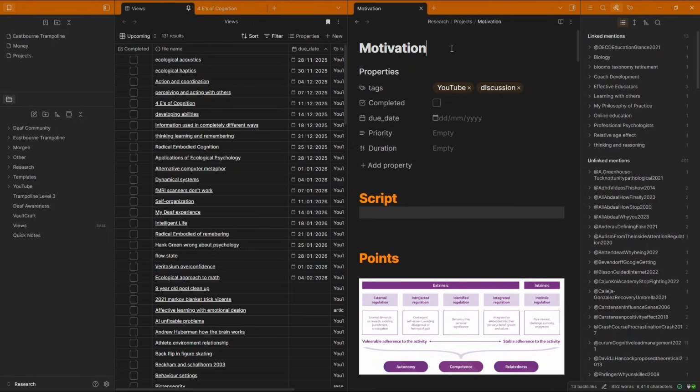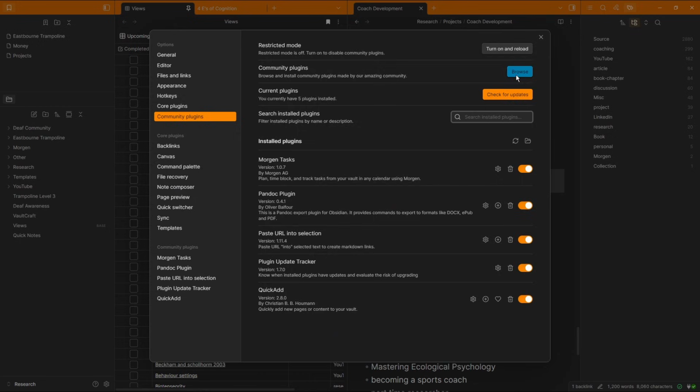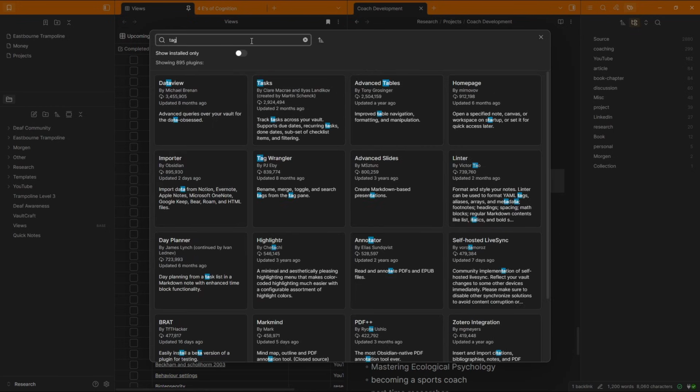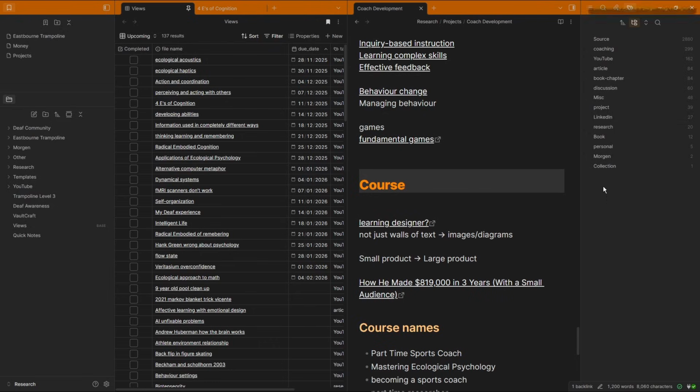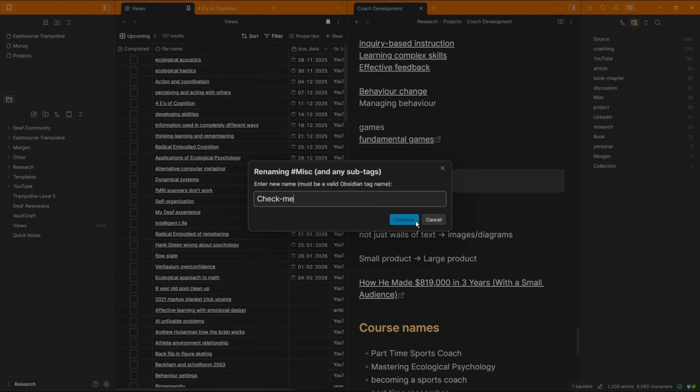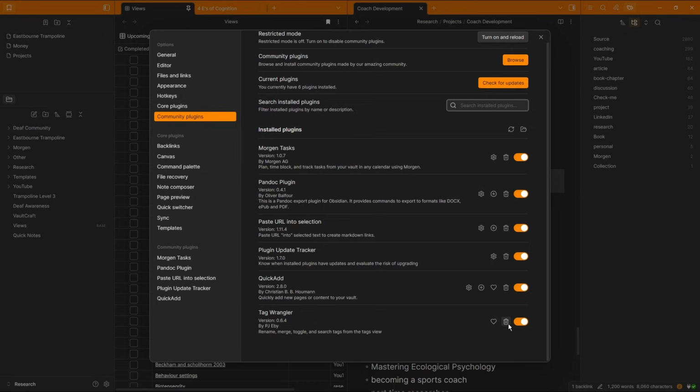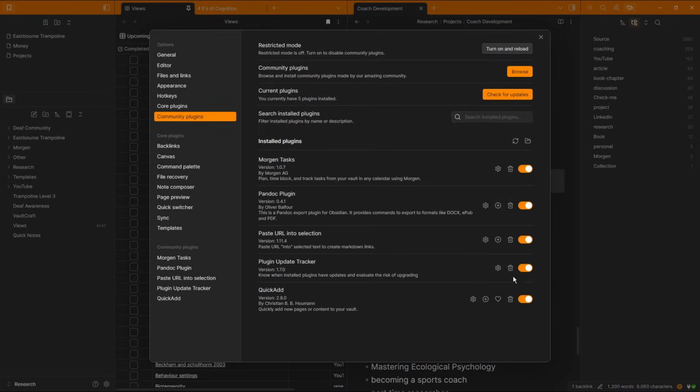Yeah, I need more specific titles than this. I'm going to get Tag Wrangler very quickly: install, enable, come into here, miscellaneous, rename, check me, continue. Okay, and now I can disable that because I will never use it again until I go back in and do the tags. Oh, and while we're here, I've got Morgan tasks, so I can bring in Morgan tasks